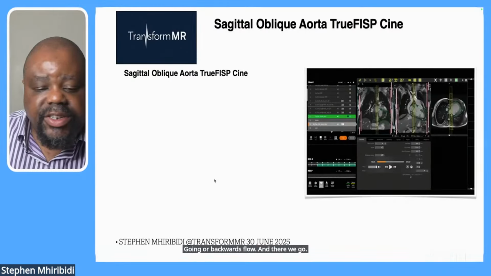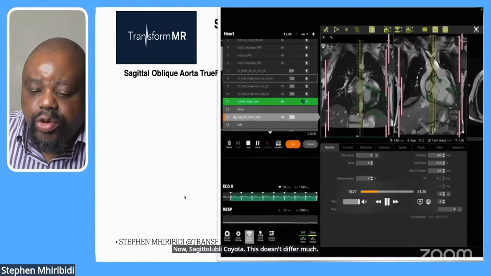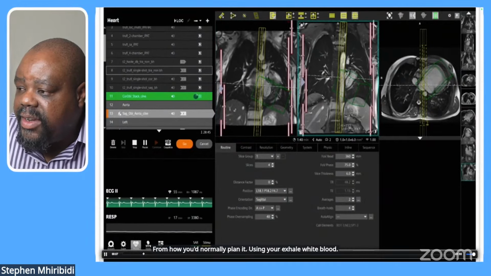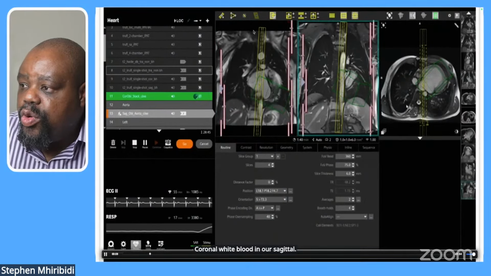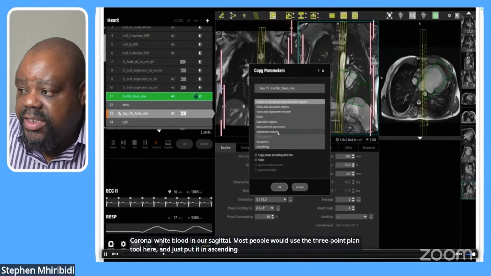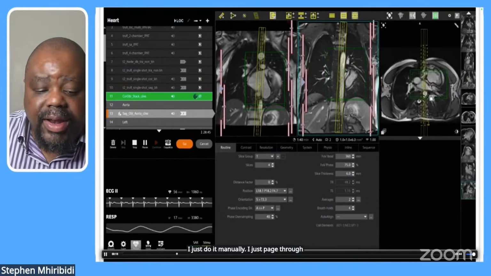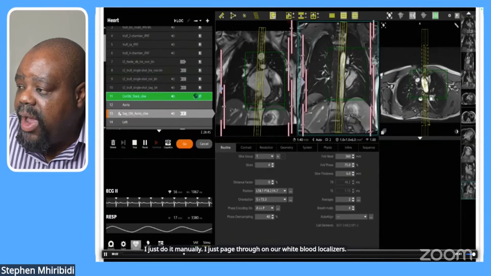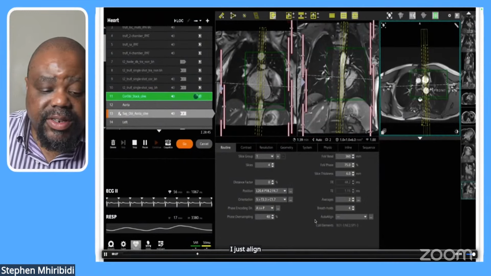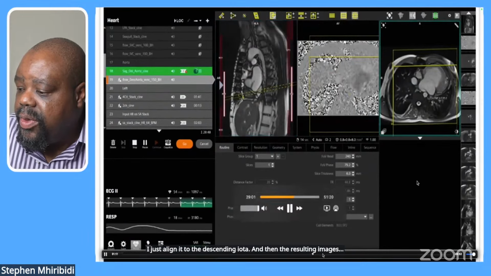Now, sagittal oblique aorta. This doesn't differ much from how you would normally plan it using your axial white blood, our coronal white blood, and our sagittal. Most people would use the 3-point plan tool here and just put it in ascending aorta, arch, and descending aorta. I just do it manually. I just page through on our white blood localizers up to my arch. I align it to the arch, and on the coronal, I just align it to the descending aorta. And then the resulting images will be